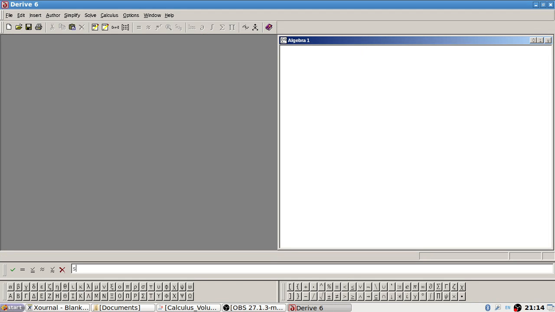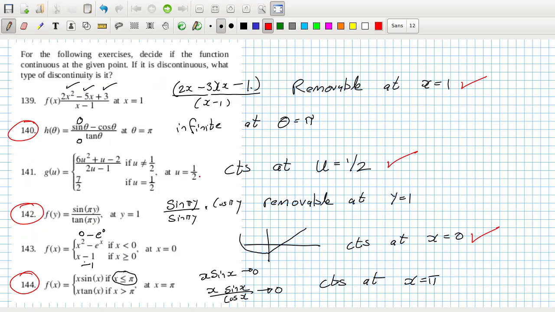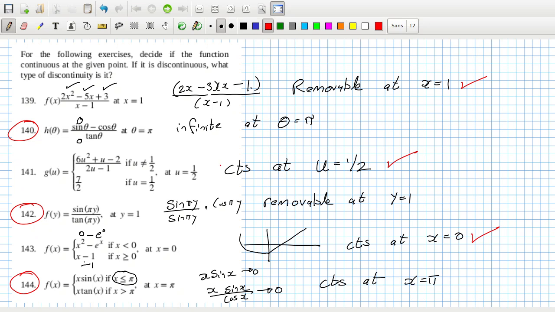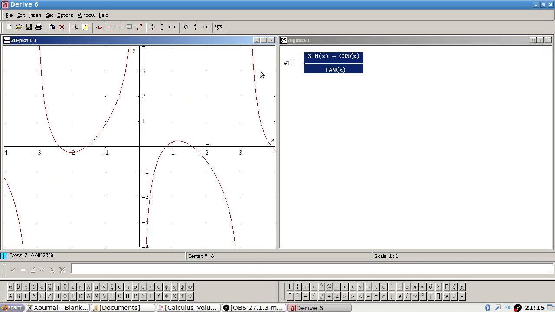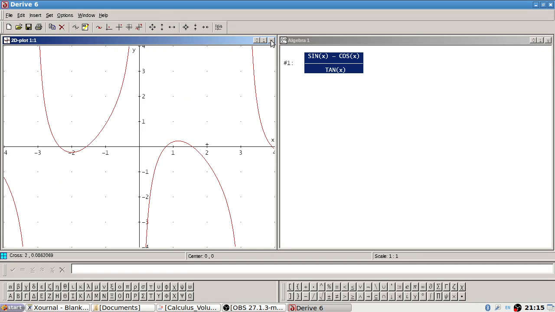Okay. Sine x minus cos x over tan x. And we're looking at pi. Yeah, that's infinite there. An infinite jump. Infinite. Maybe I should recall an infinite jump. Okay, and then 142